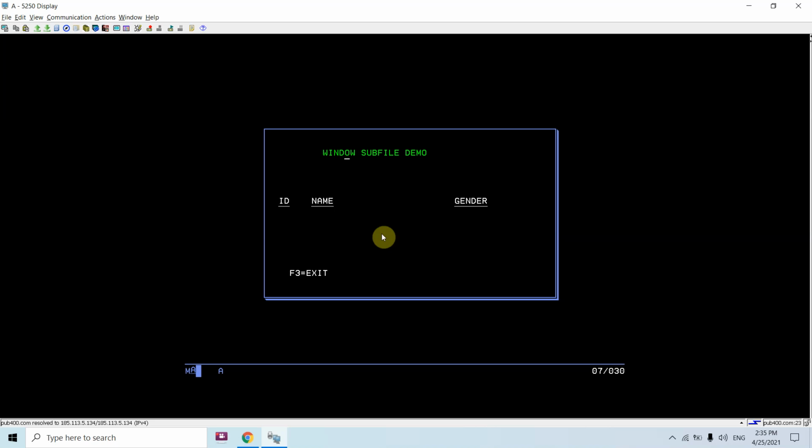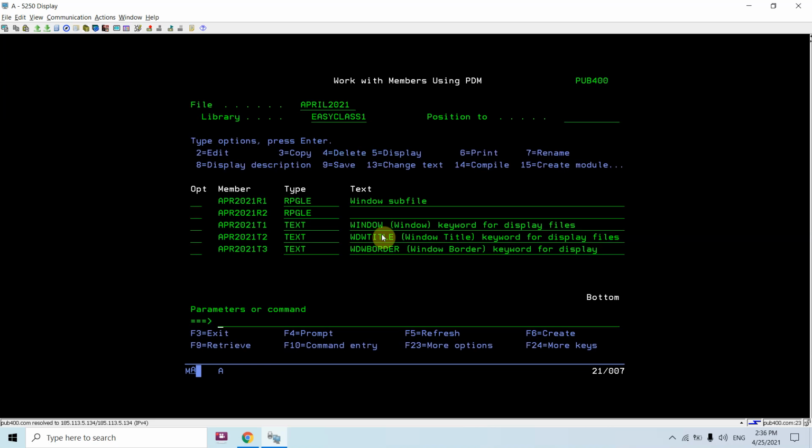Now this is the heading which I am writing, and these are the fields. As you can see, there are no records to display here. So if I press F3, I'm just returning from my program. So just do one thing, just load some records.